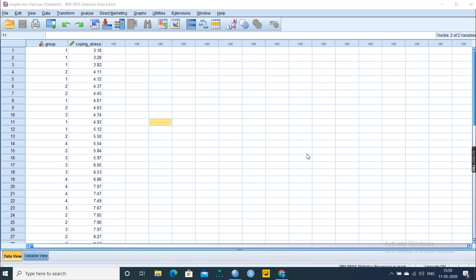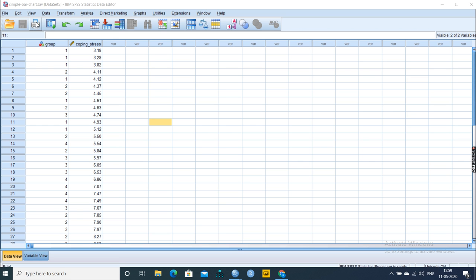So bar graph is when you have any categorical variable. If you want to measure anything with this sort of categorical variable, another one may be continuous, you can use your bar graph. Simple bar graph is if you have two variables. If you have more than two, you can use clustered bar graph for making it in x, y, z dimension.